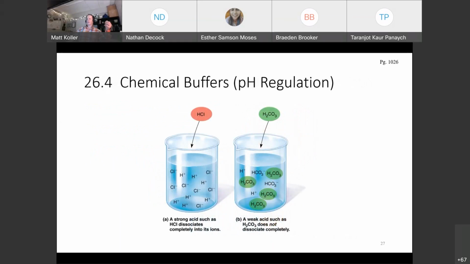So this is now where we get to pH. So pH, small p, big H, affects all functional proteins and biochemical reactions. So when we talk about acidity, and this is closely regulated by the body. So here are the basics.